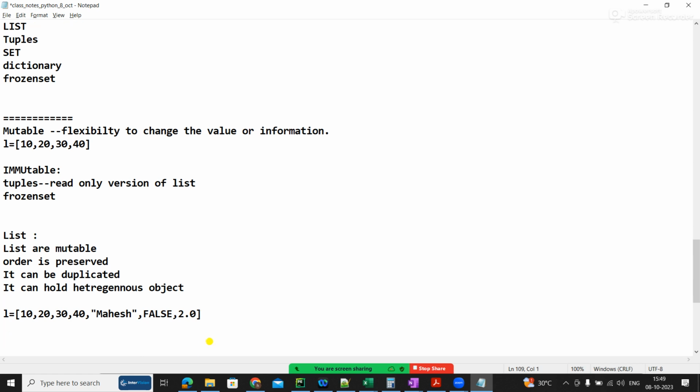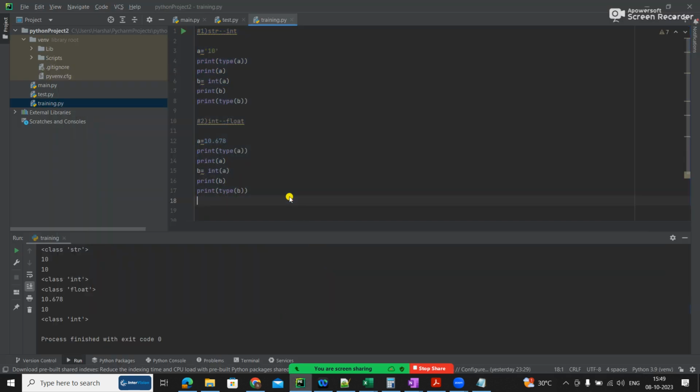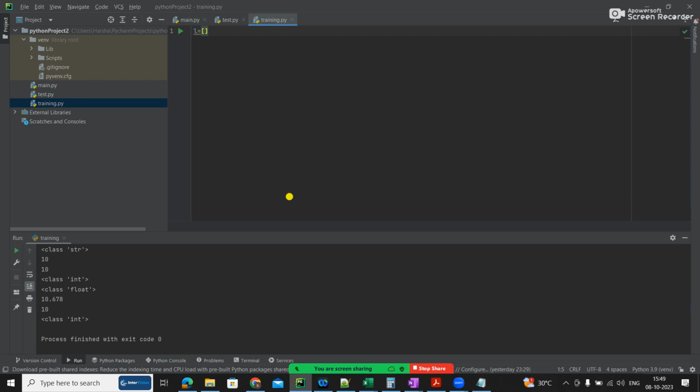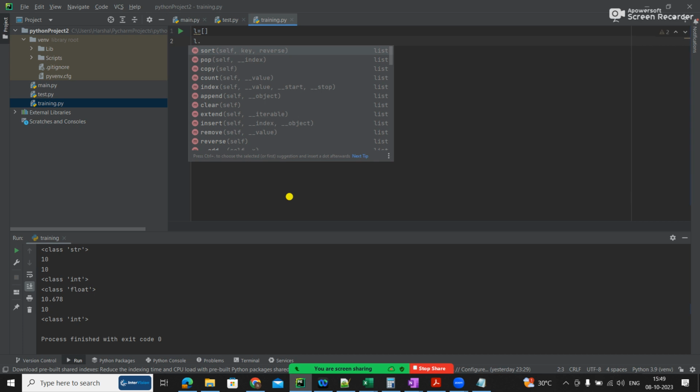So let us take an example of a list. There are two ways. I can take an empty list here. Always lists are defined with square brackets in Python. As soon as you see this, it is a list. Without any data, this becomes an empty list. So I want to add some values to this.